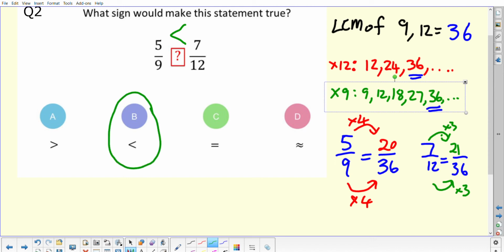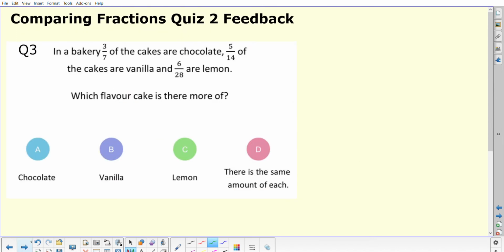The pointy end always points to the smaller number, is the way to remember that. So that's question 2. Hopefully you got that correct. With question 3, you're comparing 3 different fractions. So if we were to write down